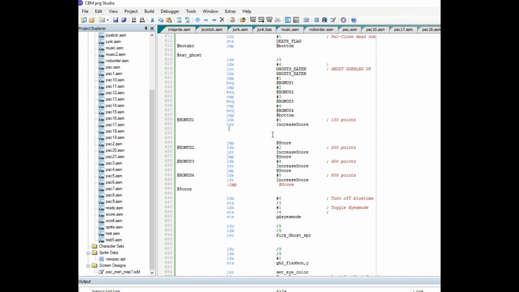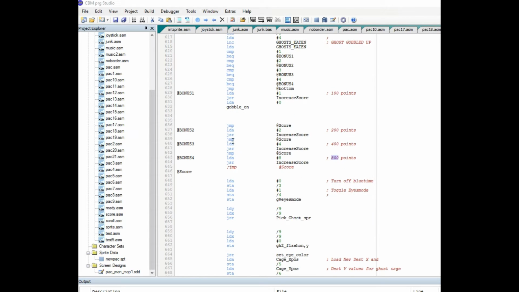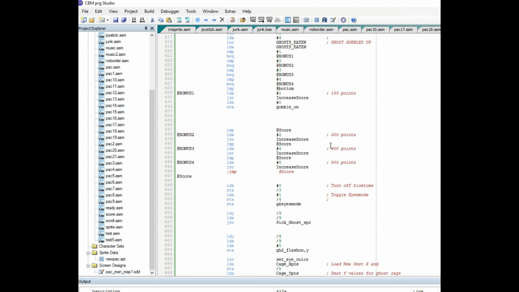I want to turn off the pack clone from gobbling, and I think my variable is gobble on. Store gobble on.